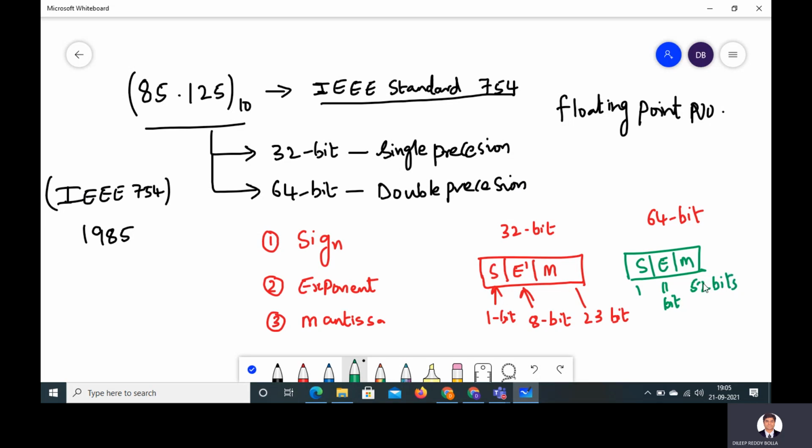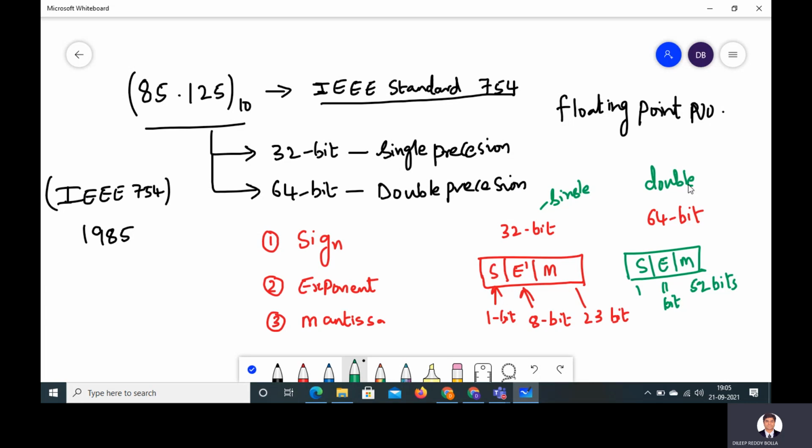Okay, that's the basic difference between these two, 32 bit and 64 bit. The 32 bit is called single precision, and the 64 bit is called double precision. So we can say the corresponding IEEE 754 numbers are divided into two bases based on the components: single